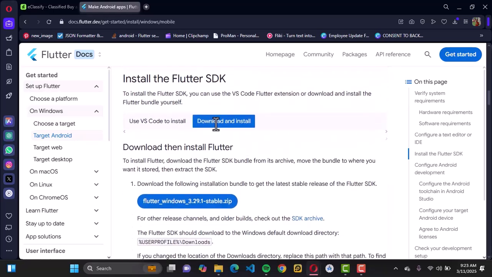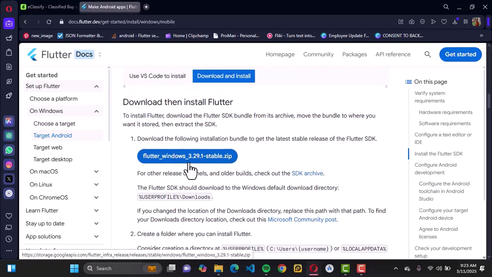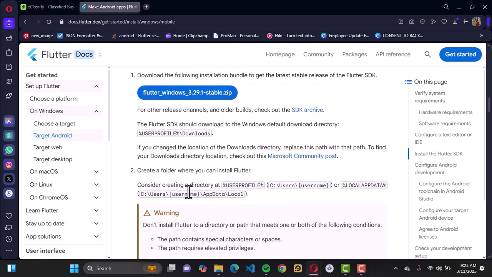So once you're done with that, you want to go ahead and install the Flutter SDK. So what you want to do is to go ahead and click on this button here, and you download the stable version of Flutter to your Windows, and you want to go ahead and unzip it. The first download is going to be under your user profile downloads. Just follow the steps and you're going to create a new directory inside your user profile where you just call it maybe Flutter